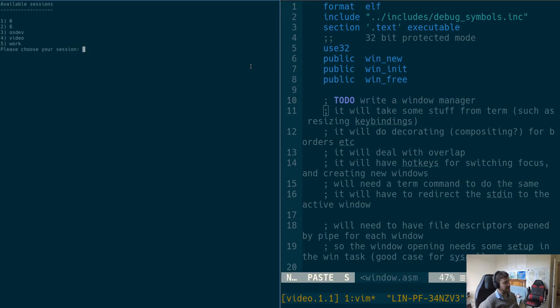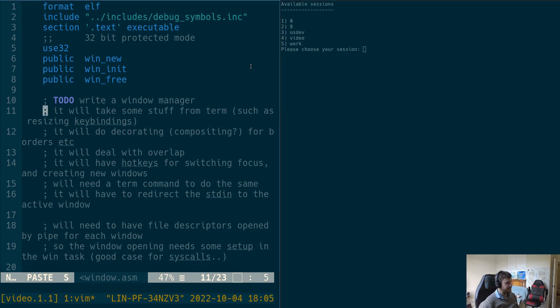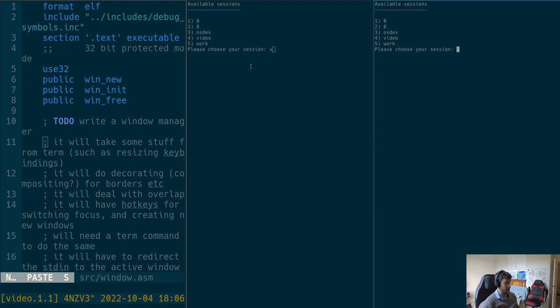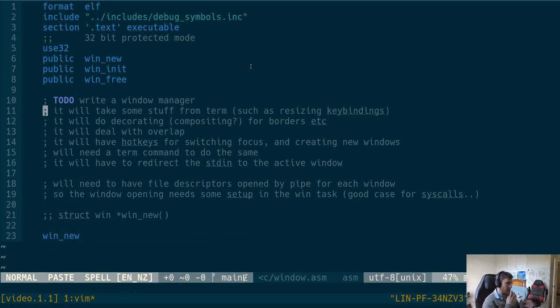We can do something like that. So yeah, if we do that again, basically I can create a new terminal and switch between them, and I can even do something like that, and kind of go up, down, left, right. So it's a tiling window manager, and I kind of want to replicate something like that, but also have something more like the